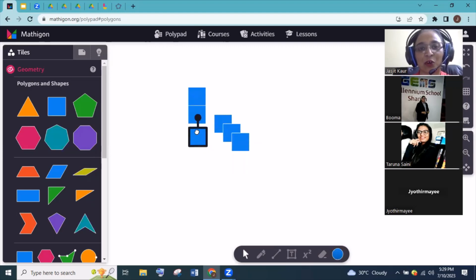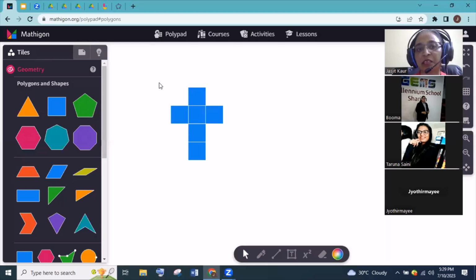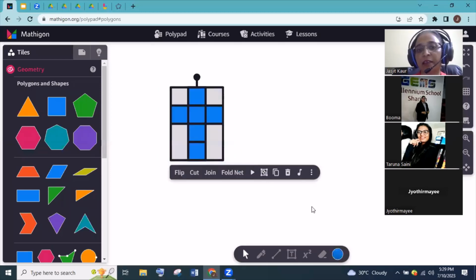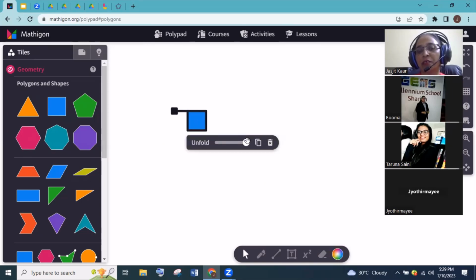We are all math educators and very comfortable with this concept. For the students, this is really a great website. Just make the net, drag it, and then fold the net. They will come to know how to make the 3D shape from the 2D shape.